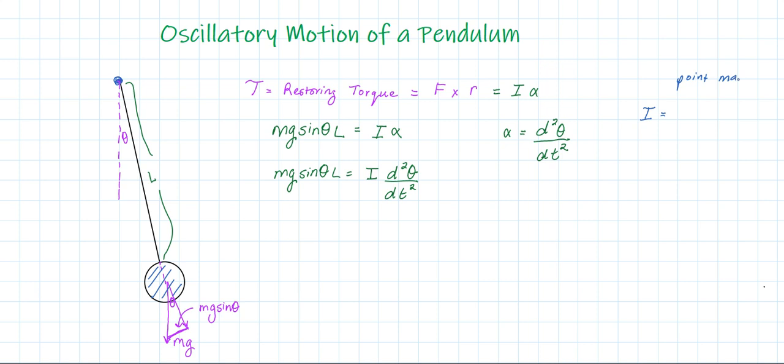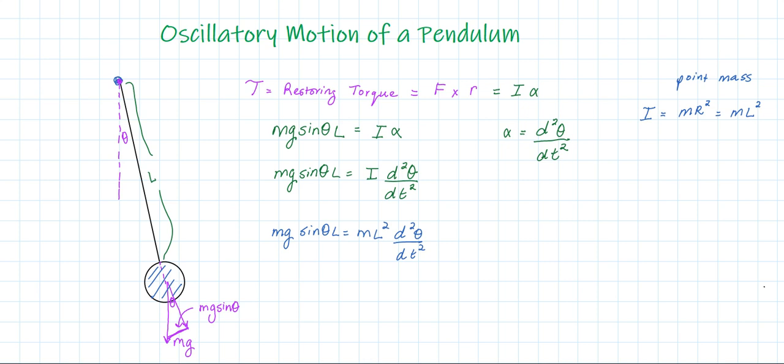All of its mass is located at the end of the string L, and so we know that our equation is mr squared, which in this case could be ml squared. So I'm going to go ahead and substitute it in. So I have mg sine theta L equals ml squared times the second derivative of the position with respect to